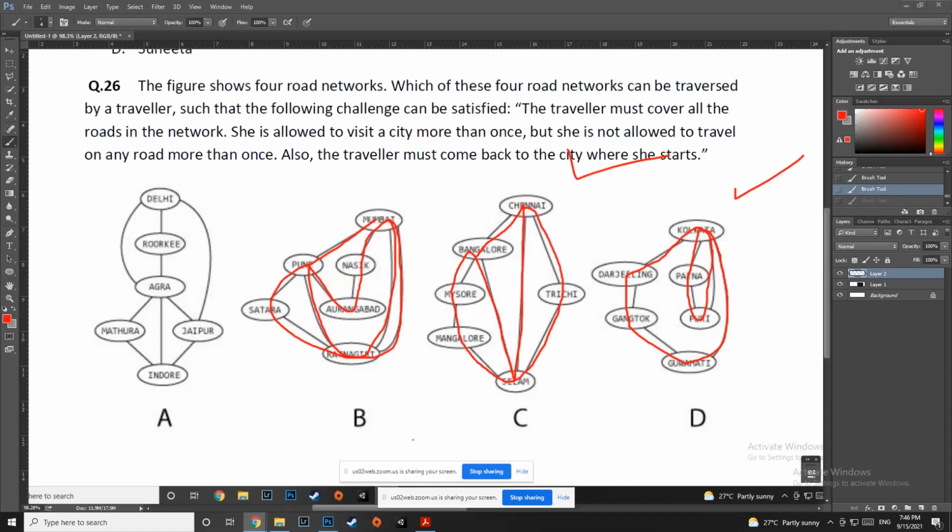Anybody want to prove A, or does everybody agree that A is not possible? No, seriously, we have to reach where we have started. Oh, is it? She's allowed to, but she's not. Also, okay, fine. Awesome. That is another this thing. Let us try it again. So D is possible for that. Right. Let us try C. Chennai, Trichy, Salem, Bangalore. Yeah. So Chennai. Okay. So that way. Good catch, huh? Archana. Very good catch.